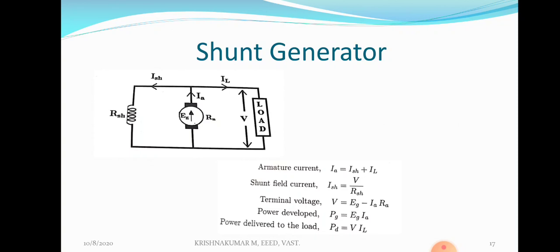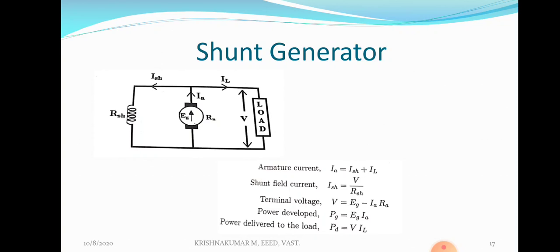That property, the capability of producing flux of its own, means the field windings of self-excited generators should have the property of residual magnetism. What is meant by residual magnetism? The amount of magnetism retained in a material after the removal of the magnetizing force. Even if we remove the magnetizing force, some magnetism exists. That existing magnetism is called residual magnetism. So all self-excited generators should have the property of residual magnetism. Therefore, we are not giving any external DC source to the field winding.